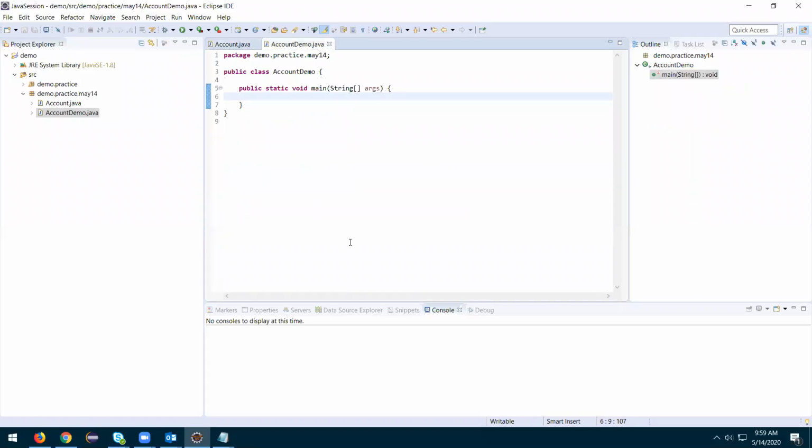To create an object of it. Why do we create an object? We'll discuss it now. First of all, we'll create an object: Account acc = new Account.